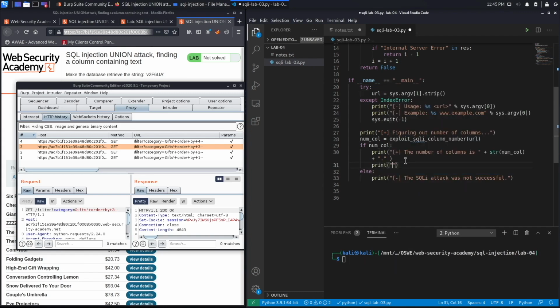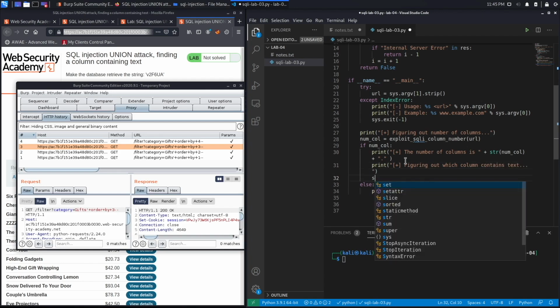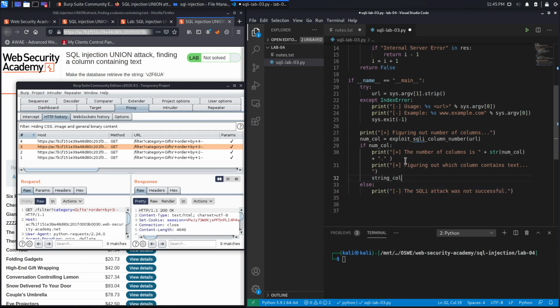Let's print figuring out which column contains text, and then create a variable called string column, and a new function called exploit SQLi string field, and it takes in the URL and the number of columns. And then if that evaluates to true, then print